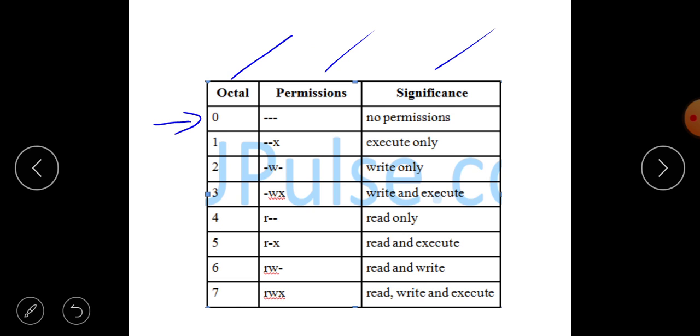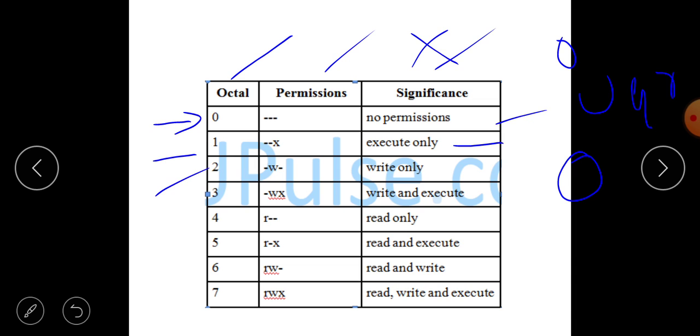Suppose I give 0, it means no permission for the user, group or others. If I want to remove all the permissions, I give 0. Octal number 1 represents execute only, where x is present.